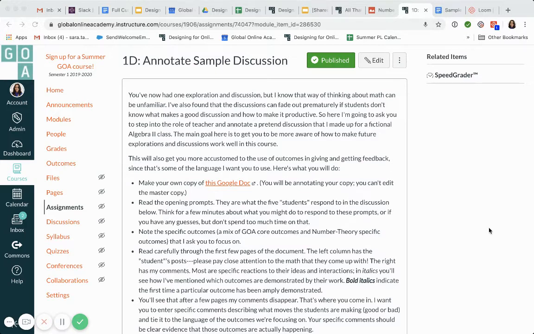In this example, the teacher guides his students on how to have mathematical discussions through an annotation activity. He begins with the basic idea that having mathematical conversations and discussions may be unfamiliar, and so he's asked them to step into the role of a teacher and to annotate a pretend discussion that he made up for a